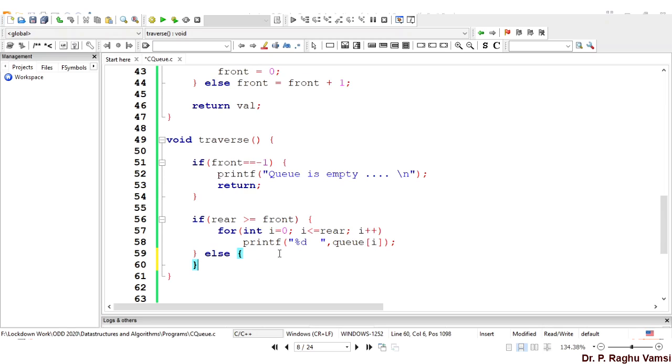One is from i is equal to 0, i less than or equal to rear. For example, if the rear is 1, 0 and 1 will be printed, and i plus plus.